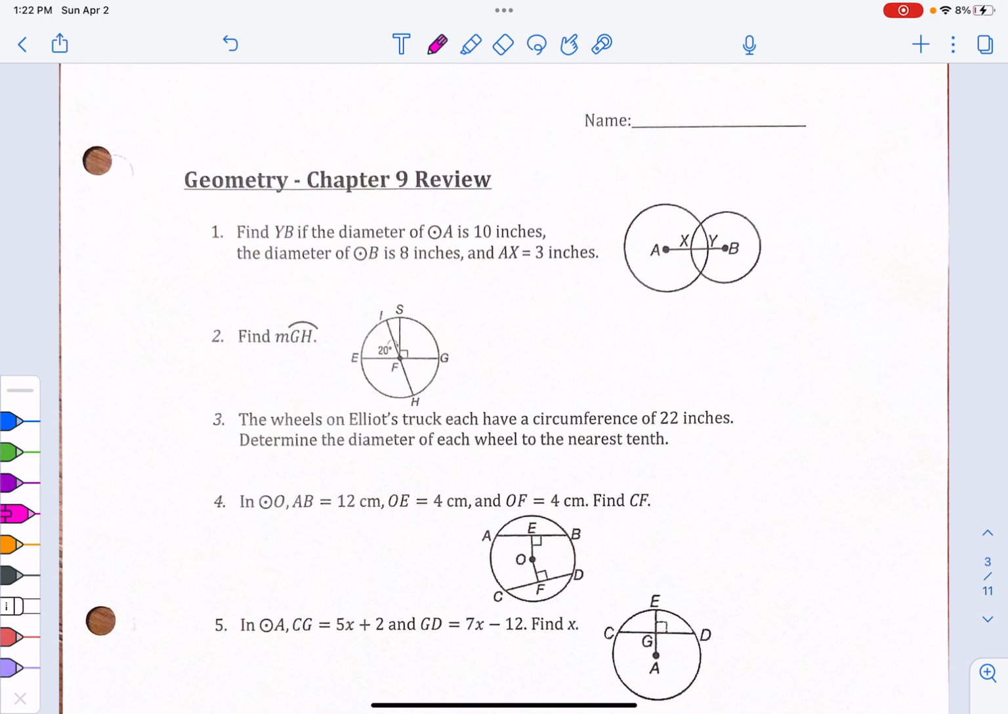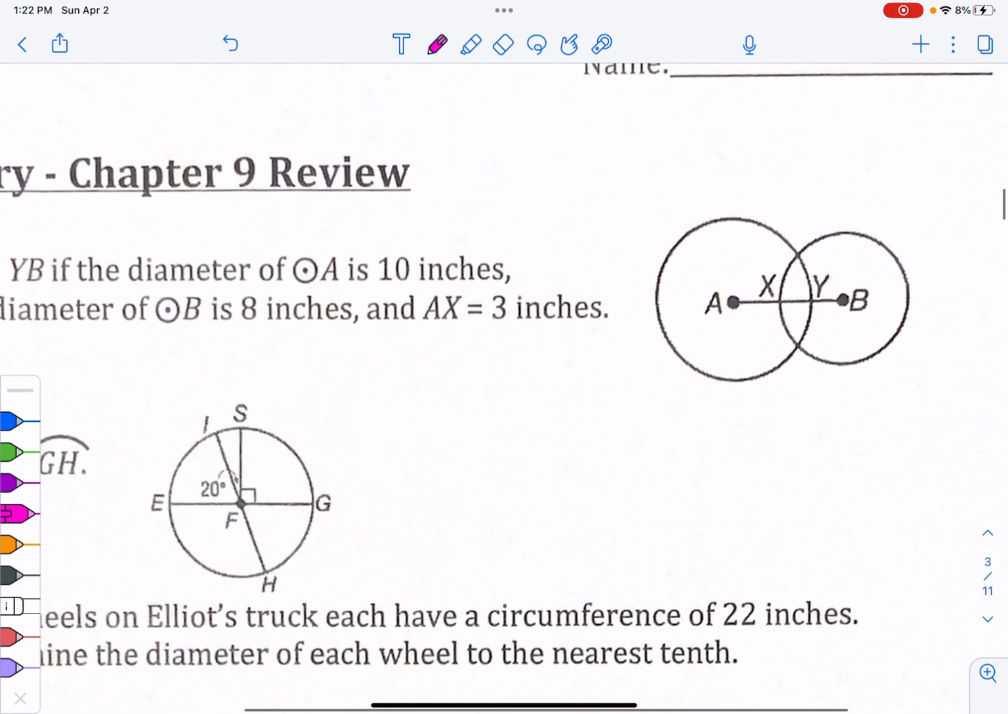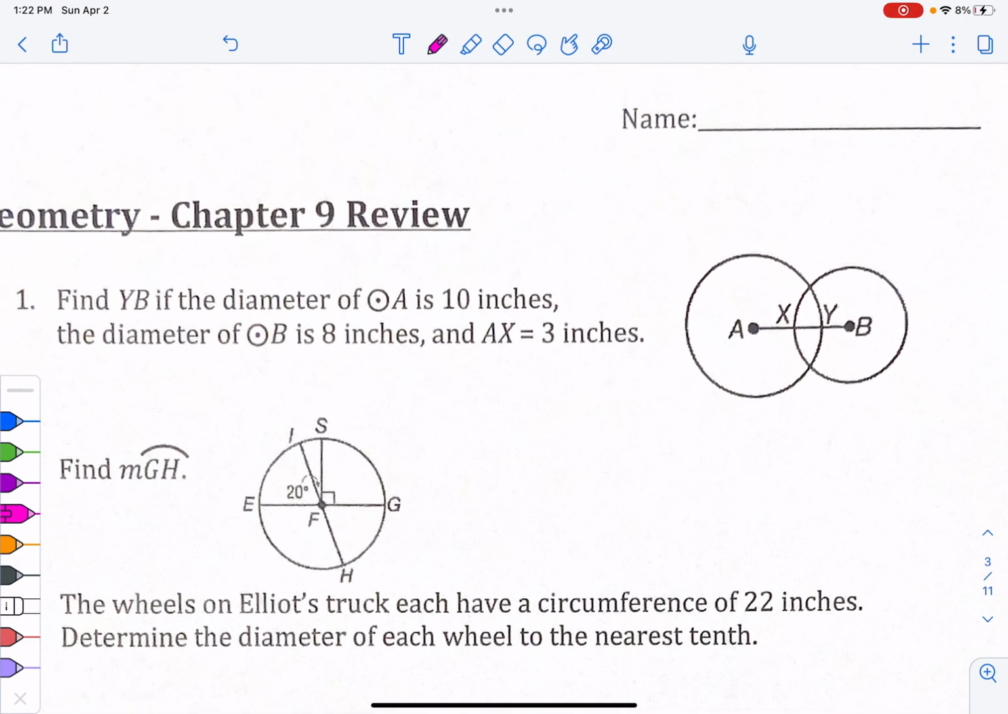So, chapter 9, number 1, they've got two circles that are intersecting, and they give us diameters of each, okay? Now, keep in mind diameter goes all the way across, so we're going to want to use that value to find the radius. The diameter of circle A is 10. So that means all the way across circle A from here to here, that would be 10. So then 5 is going to be just from here to here, or from here to here, 5 and 5,